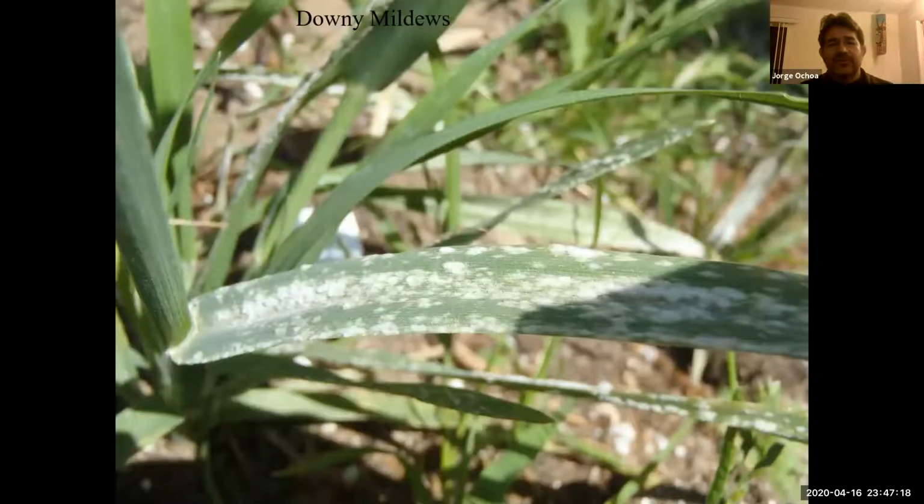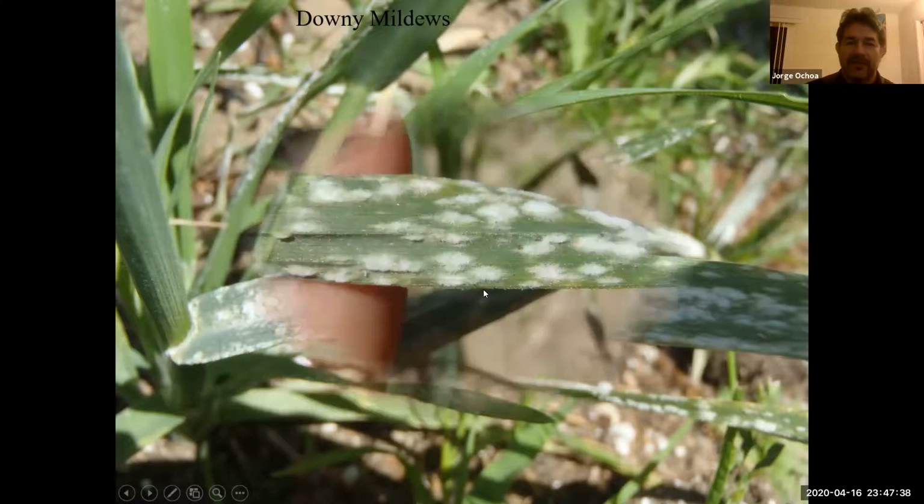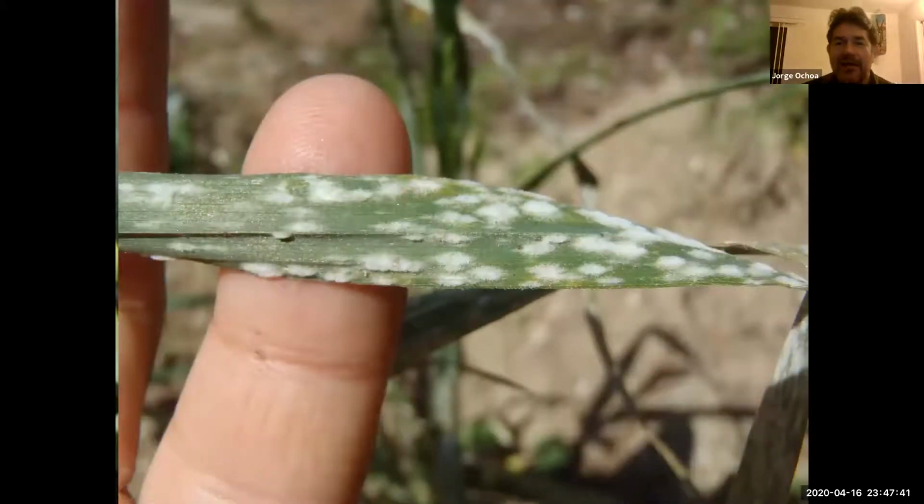And then also very similar to powdery mildew, but different, are the downy mildews. Downy mildews are also host specific, but they're going to be interior. So they're going to be completely inside. So when you see out here, it's going to be just the spores. Downy mildew, this is on grasses. Not really problematic with grasses, but it can affect grapes. And in grapes, because of the grape industry and the wine, it makes it a big problem. But downy mildews are also host specific and obligate parasites.